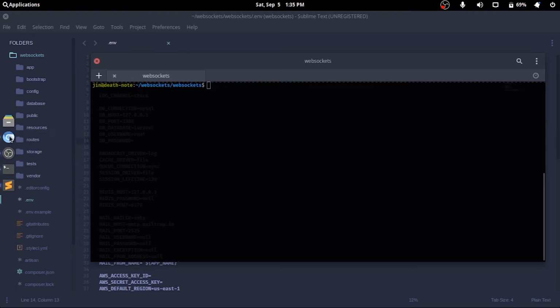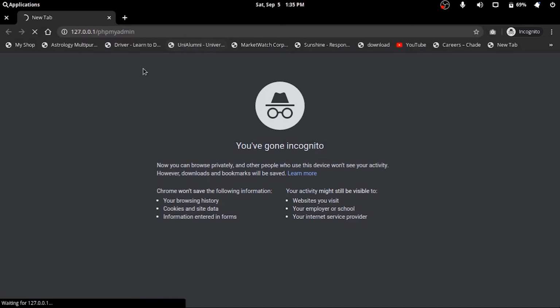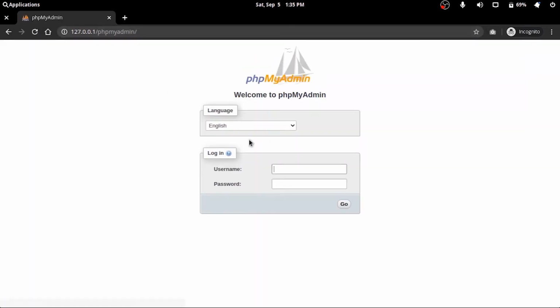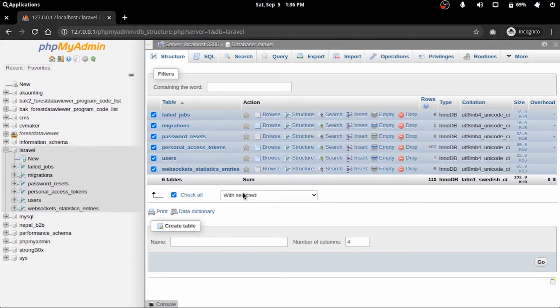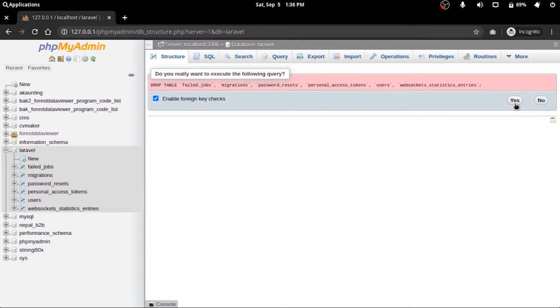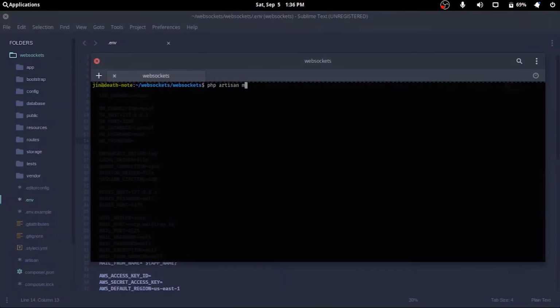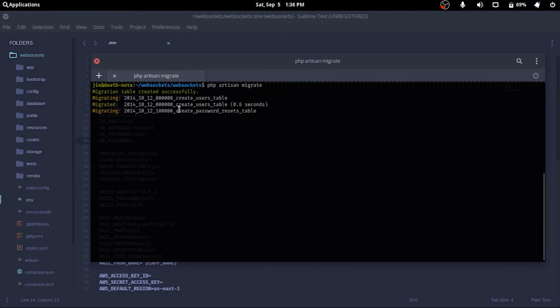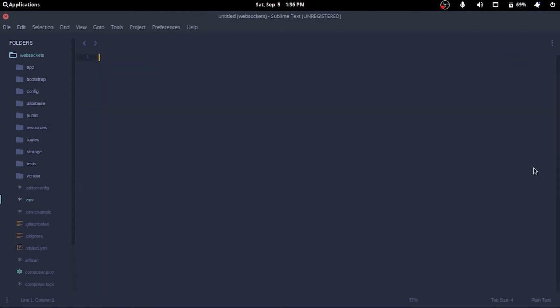I have my old project database there, so I'll quickly drop my existing tables using phpMyAdmin. I'll run the migrations again for this project.